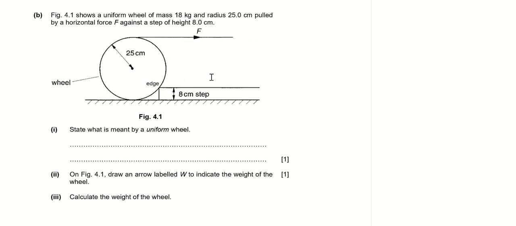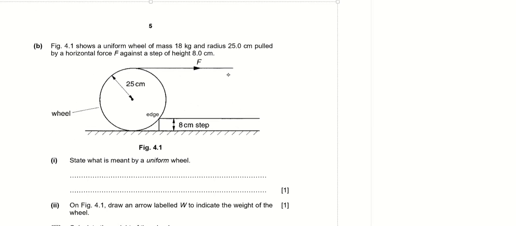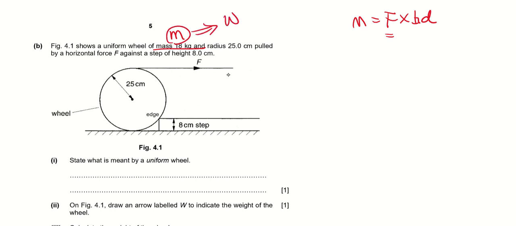it shows a uniform wheel of mass 18 kg. So I will need to take note of this, mass 18 kg. So this is the m. And because we are dealing with moment, moment equals force times perpendicular distance. So later on I'll be working with force, and this mass can be changed to the weight of the wheel. So W equals mg, m is 18, g is 10, so definitely the weight is